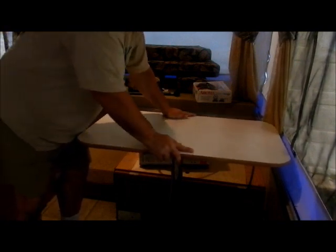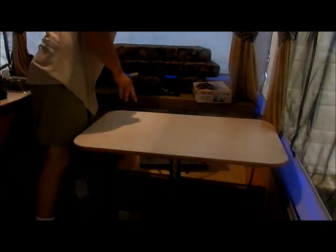Okay, we have the pole on. We're going to take this. There's a thing down there. It's set on top of the pole. And there's our...